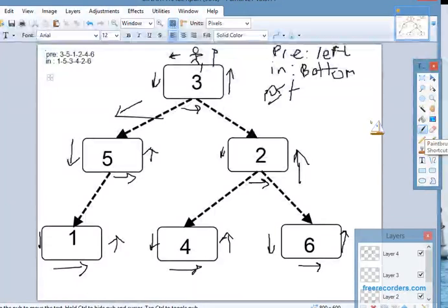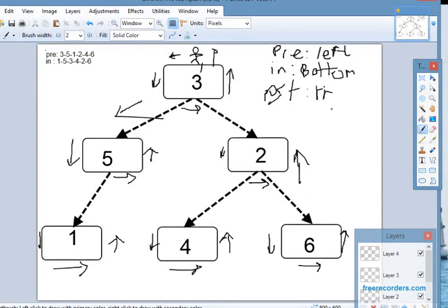So, just to clarify that for those of you who aren't looking, for the post order trace, we'll go along the right side here. So, starting again from the top, we do not see the right side of the 3, so we keep looping our way down here. We don't see any right sides until we hit the 1. Then we loop up, we hit the 5's right side. We do not see the right side of the 3 as we pass by, so we keep making our way around here. We see the right side of the 4, we go up,